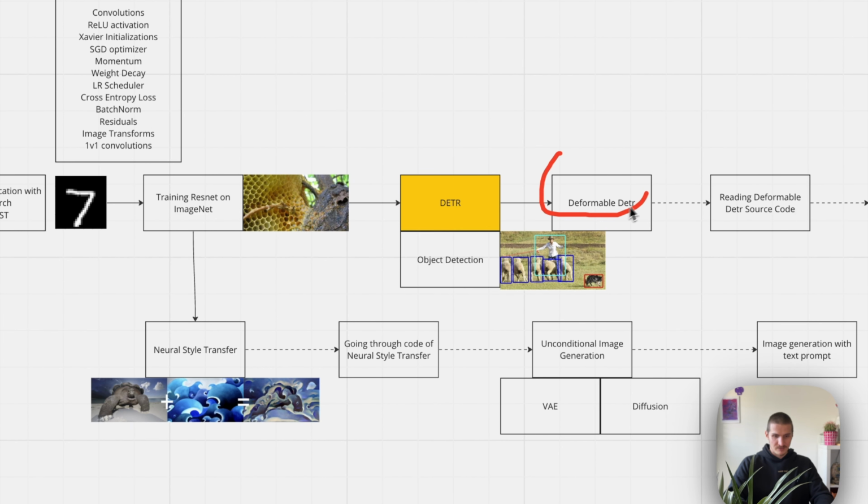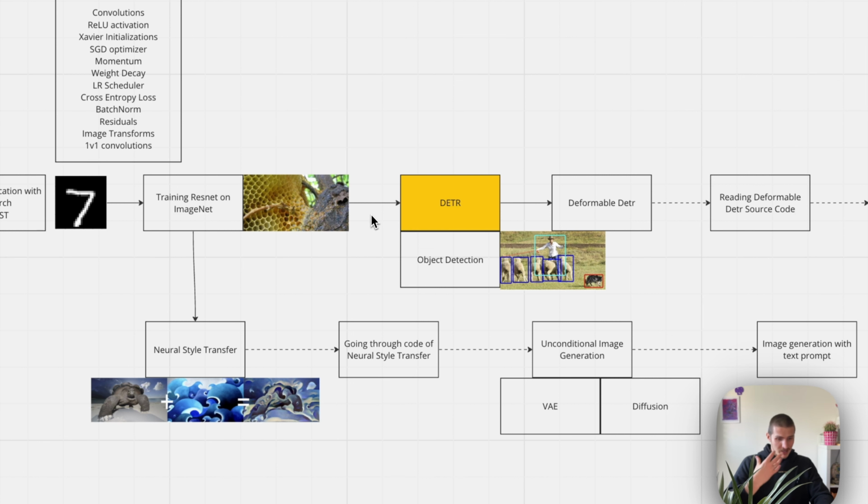Then we discussed an advancement of that called Deformable DETR, and in future videos we'll discuss other advancements like dynamic anchor boxes, denoising, and Co-DETR that allowed the quality to basically explode and become much better than we've seen even 2 years ago. And we finalized that with discussing the state-of-the-art